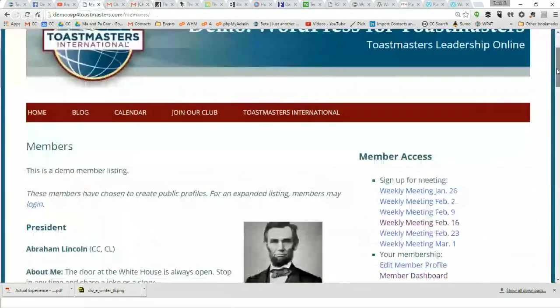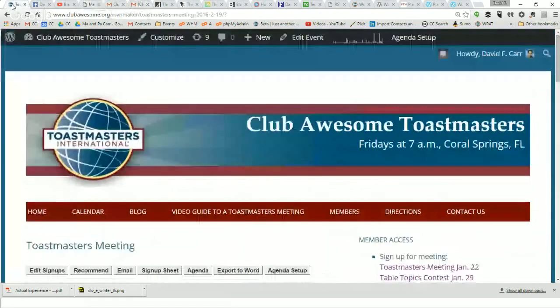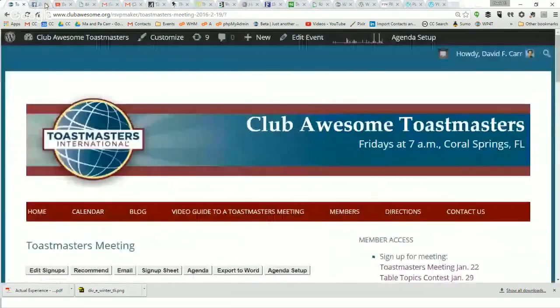Let's see. Just losing my space. Yeah, that's just this email button here, where I would just add the message that I want to have included with my message. I'd click send, and it would go out to the whole group, right?